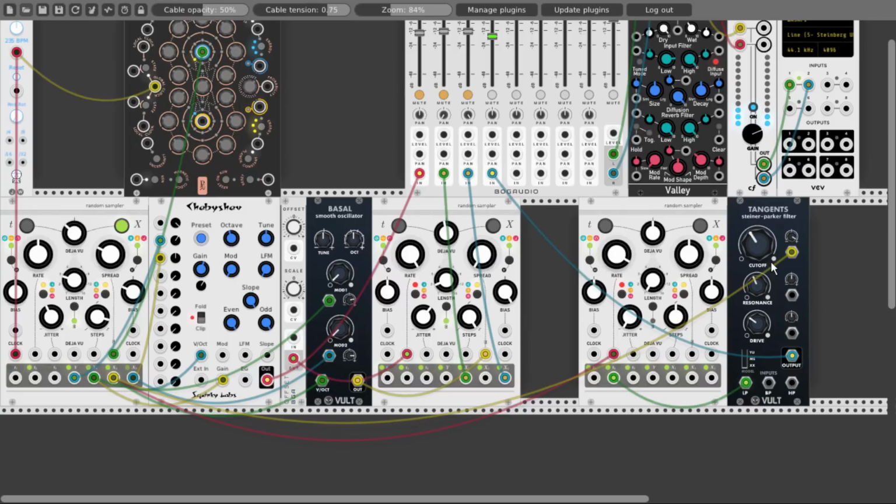So let's see how it sounds like with some jitter, for example. And let's actually modulate the jitter function with the Y output. So let's lower the spread a bit and the bias and change it to 0 to positive 2 volts and send the Y output to the jitter CV input. And let's make it more of a smooth signal.